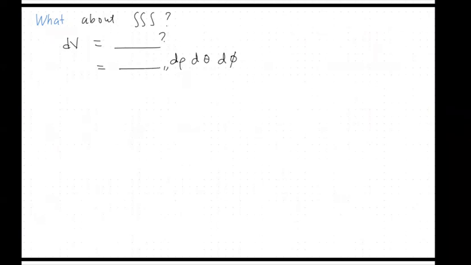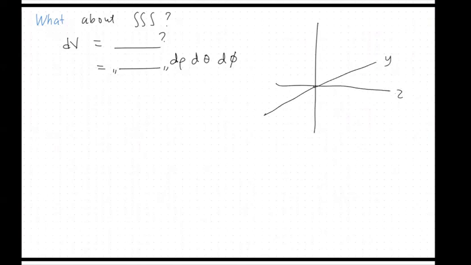But there is a scaling factor here, as what we have in cylindrical coordinates. In cylindrical coordinates, it's just r dz dr d theta. Here, it's a little bit more complicated. In spherical coordinates, what we did is, for example, here is our x, y, z, and this is x, this is z. And in spherical coordinates, we will take a portion of the sphere, and then it goes down here and something like this. And it looks like a box.